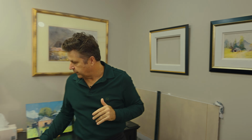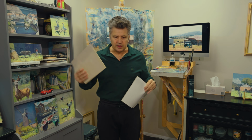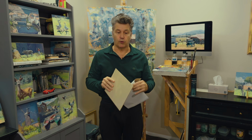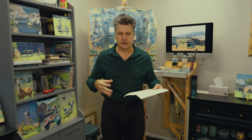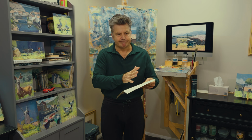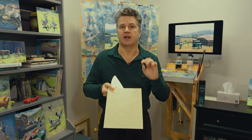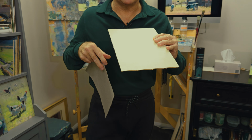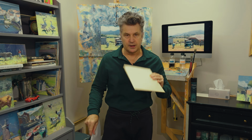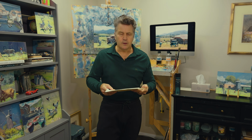That was painted on masonite, where now I prefer to paint on MDF board, which I have checked in water. I put it in for 24 hours. It did expand a little bit, but within a couple of days, it did actually respond back and go back to its original shape. Mold and water, that's probably the main two things, but it is a gessoed board, which I do love for that texture. It's not too thick, it's not too rough, so it's not going to be difficult to get the paint on. But that is my preferred and favoured approach almost 98% of the time,